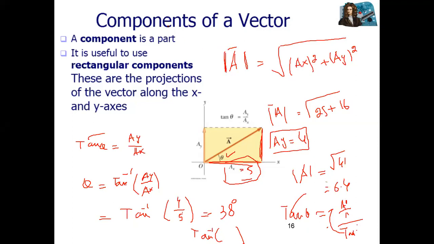Yes, sir. I think there is another alternative way for finding theta. What is it? The sum of interior angles is 180 degrees, right? And here we have 90 degrees and 2 degrees, so in this way also we can find it. Yes, we can find that one, but only when two angles are given.